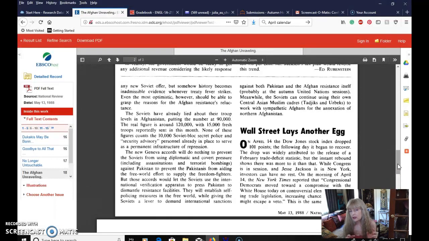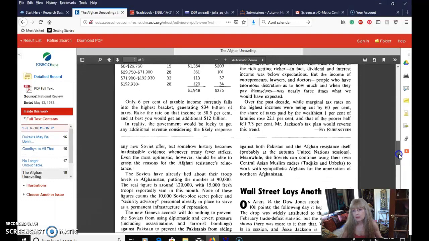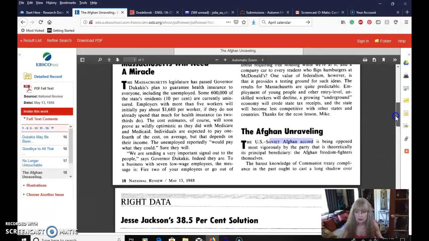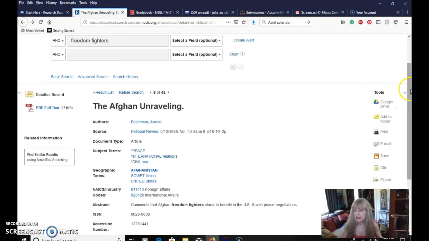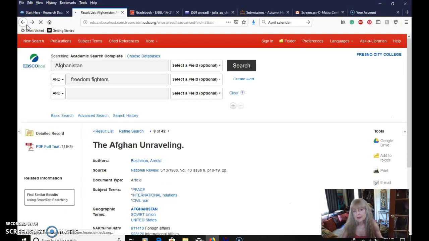You only need enough to make a decision about the prompt. And sometimes if you can just read like 3 or 4 articles, you might not want to cite an article, but it might give you enough information to help you write your paper. This article is giving us information that the Russians were our enemies and that they were against us, and we were helping the Afghani Mujahideen to push the Russians back. So obviously their interests were not the same as our interests. Okay, so I'm going to go out of here and see if there's anything else.